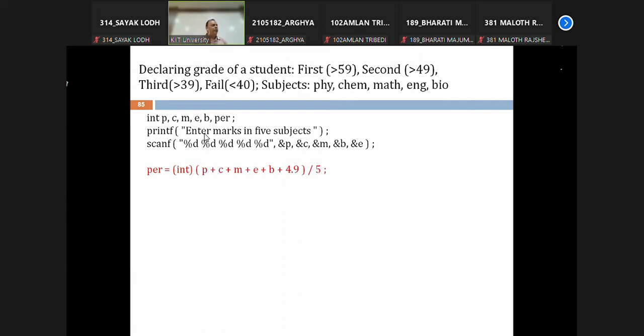4.9 divided by 5 is less than 1. Yes or no? Write on your copy. Any 5 numbers divided by 5. Write down 5 numbers, PCMEB. Write down P plus C plus M plus E plus B divided by 5